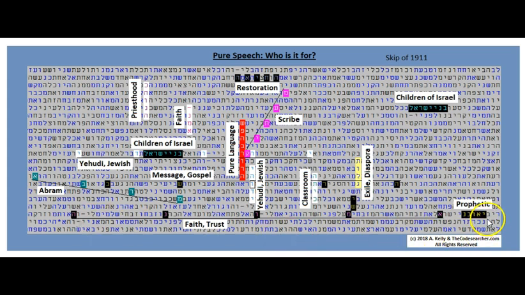Over here in the bottom right corner we have prophetic. Starts with the noon. Bet, Wa, Aleph, Yod. The scriptures are highly prophetic. There's no other religious book in the world that's full of prophecies such as the Bible. So many have been fulfilled already, and many are yet to be fulfilled.